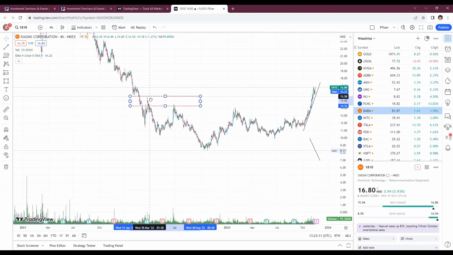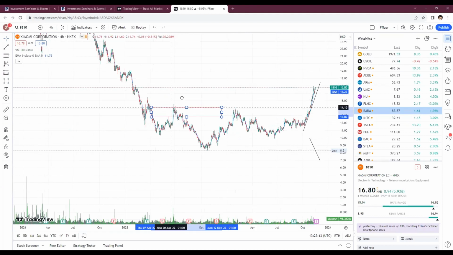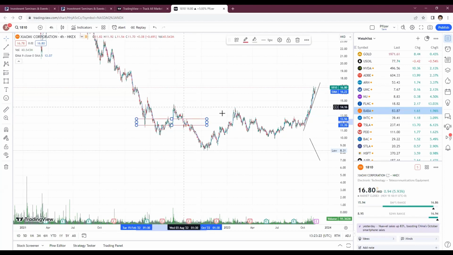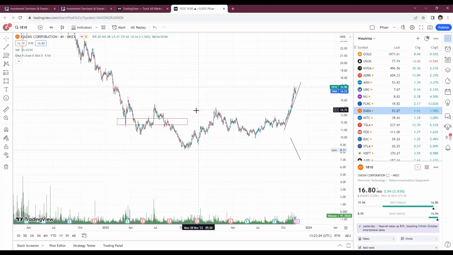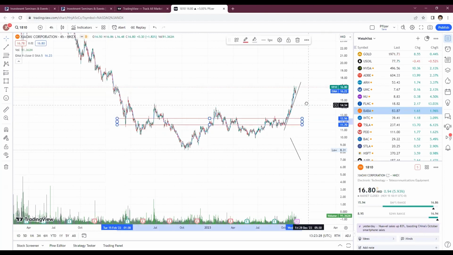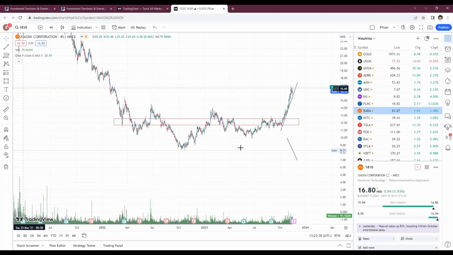So once again, this is a very personal perspective. Whatever Ying may draw later is going to be different from where I draw my support and resistance. So all this is up to individual traders. The more you are in the market, the more you can see it. So usually, for the Xiaomi chart,